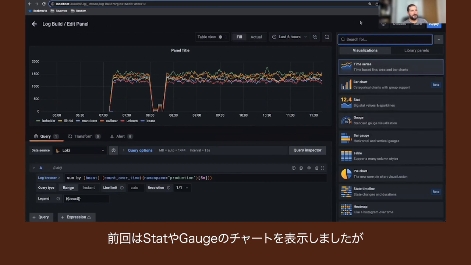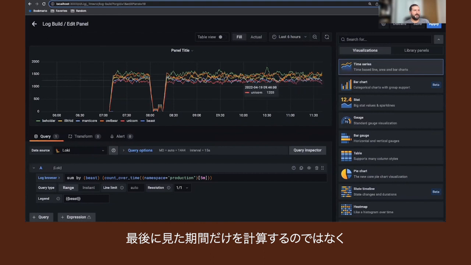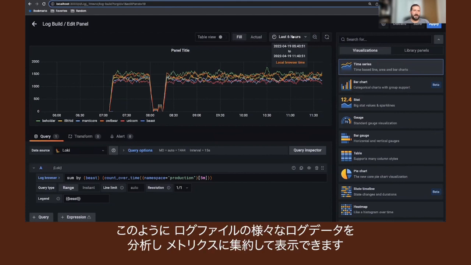What this one is doing is going across that time series. So instead of calculating it just for that last interval that I'm looking at, it's going to calculate it across that interval for the period of time that I have selected here. So I'll be able to see all of that different log data aggregated into a metric that I might want to analyze and bring all of this stuff together, all coming out of just a log file.